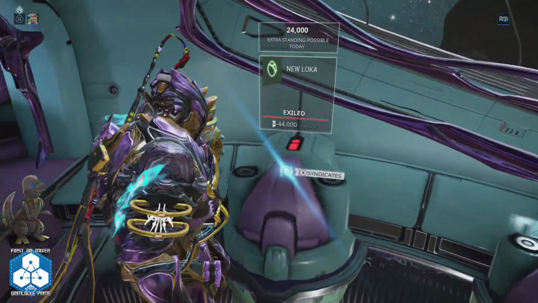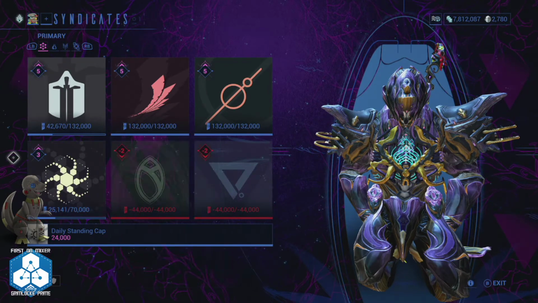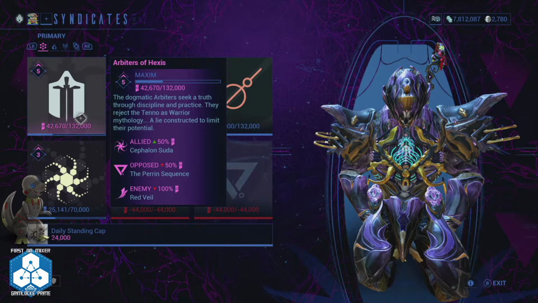As we will show you now, this is the Syndicates. There are 6 Syndicates that are available from the start of the game in your ship. You will learn about them once you've reached the right mastery rank, which is mastery rank 3, I do believe. Cool thing about that is that as you work with each